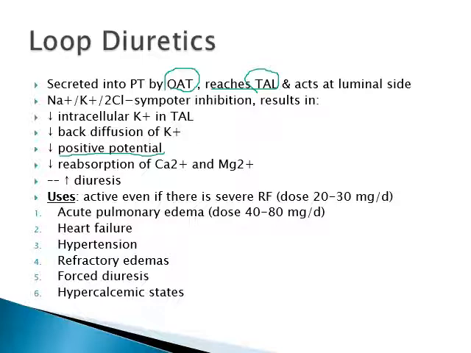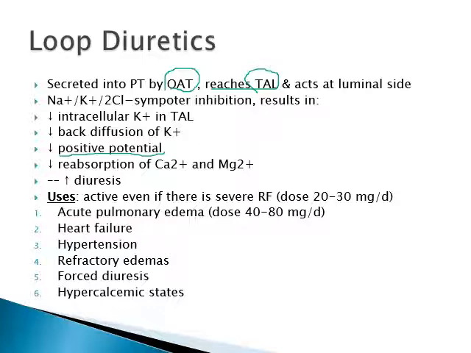And it is also said that loop diuretics are weak carbonic anhydrase inhibitors. Their main action is in the thick ascending loop of Henle. They will inhibit the sodium potassium 2 chloride transporter, while they also have some effect on the enzyme carbonic anhydrase, which is present in the PCT, that will cause increased excretion of bicarbonate and phosphate. So it will cause bicarbonaturia, again potentiating its diuretic effect. So for loop diuretics, these two mechanisms are important.